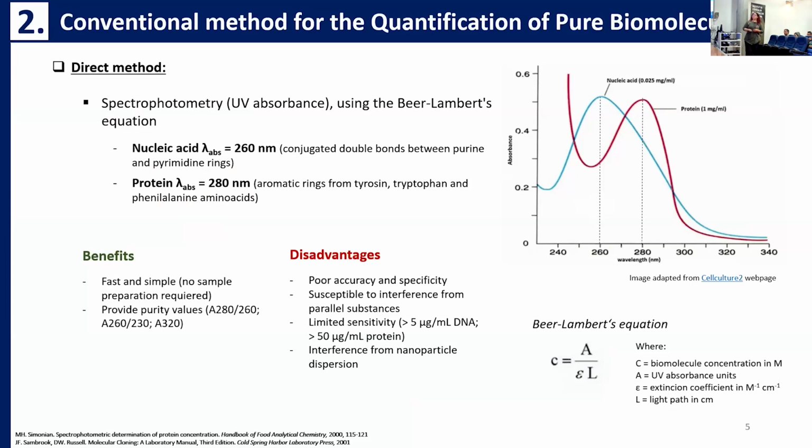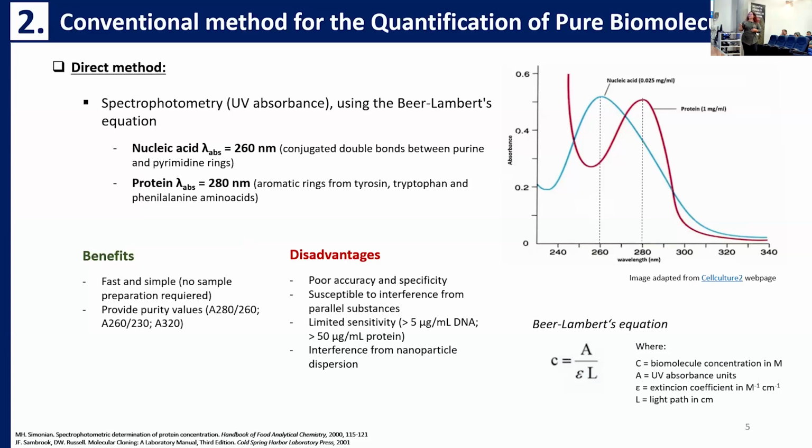And this is a fast and simple method that doesn't require any sample preparation, but it has some disadvantages, because when we have biomolecules that absorb at near wavelengths, like in these examples, we can have some interference if our sample is